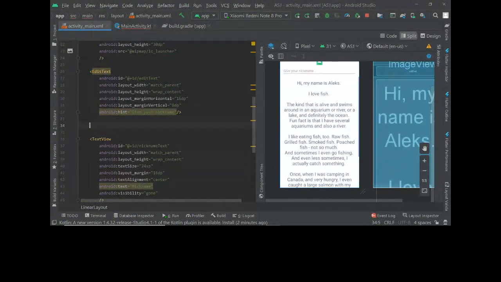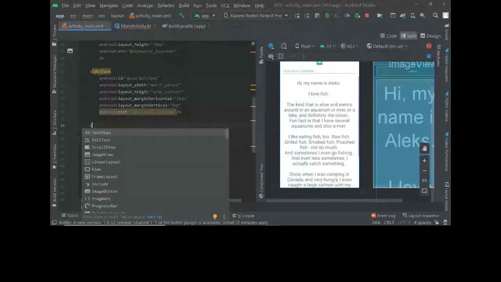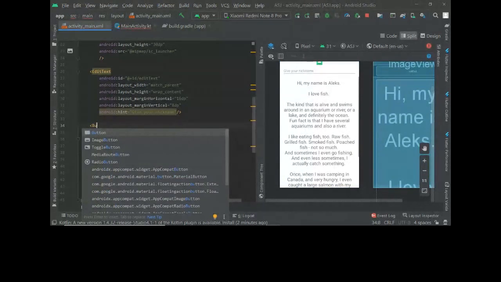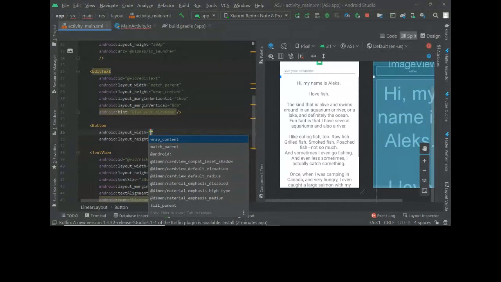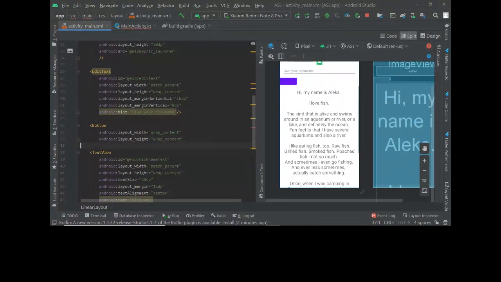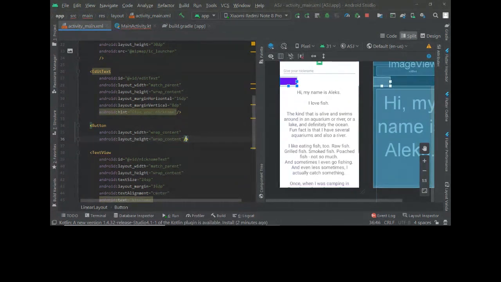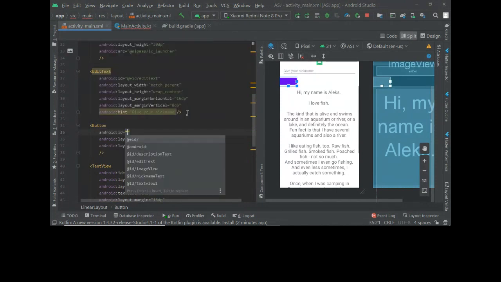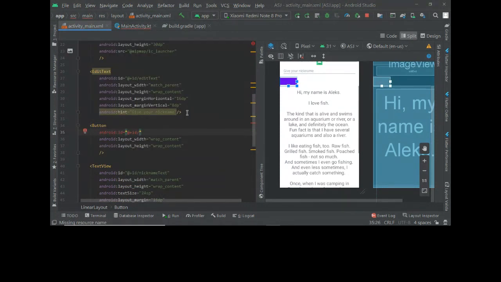Now we'll add another thing, some other view we have. We call it button. And again, as the name suggests, it's like a button. You've seen many apps already which have a button, so you know what that is. Let's give this button an ID, button.